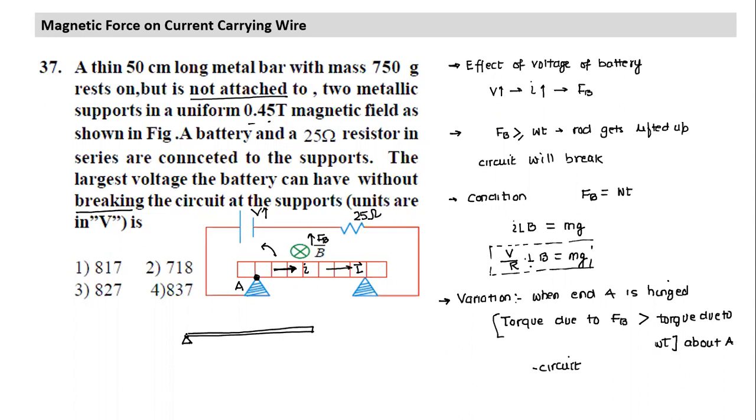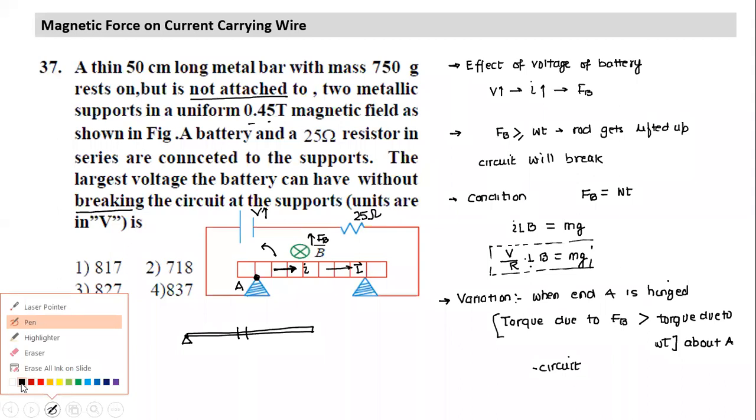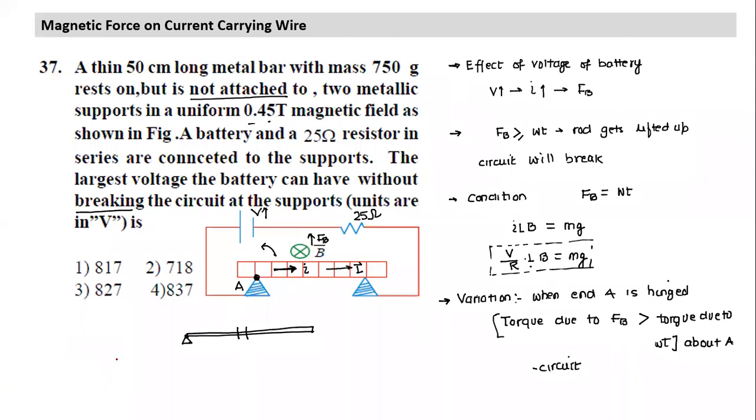One way of looking would be I can take a small piece of the rod. Why am I taking a small piece of the rod? Because torque will vary, as the force acts at different distances for different parts. I have taken a small piece at a distance x, and the length of the piece is dx. So what is the force acting? The force acting is df. So what is the torque due to this force about A?